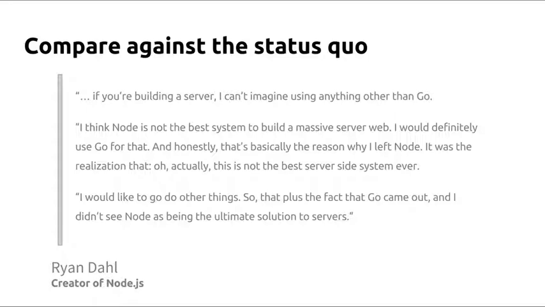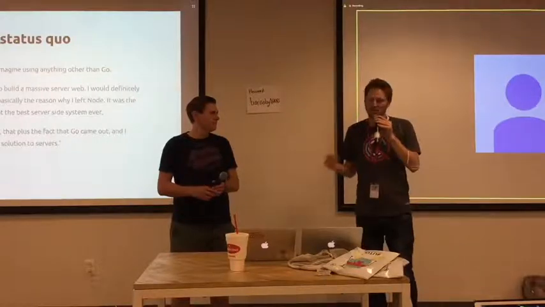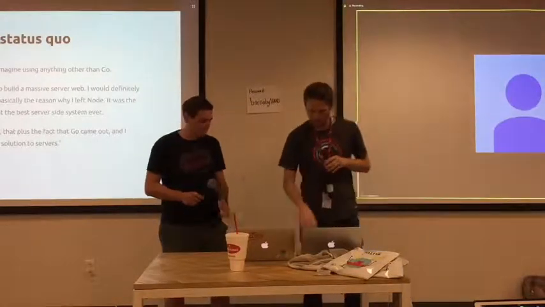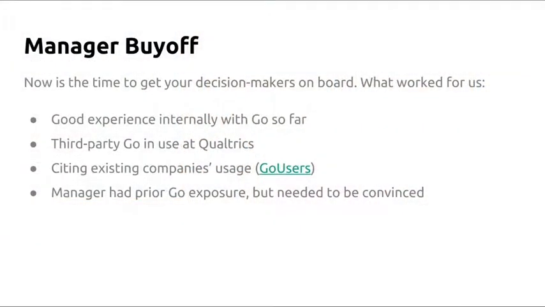This is an example of how comparing with the status quo is actually really beneficial. If Node is entrenched at your company like it was at ours, everybody's already on board with Node, and you can show that Go is better than Node, then it's a pretty easy sell from there. All right. So once you have something small like the static asset server for us, it's likely time to get buy-off from your manager before you start something that's a significant server in Go.